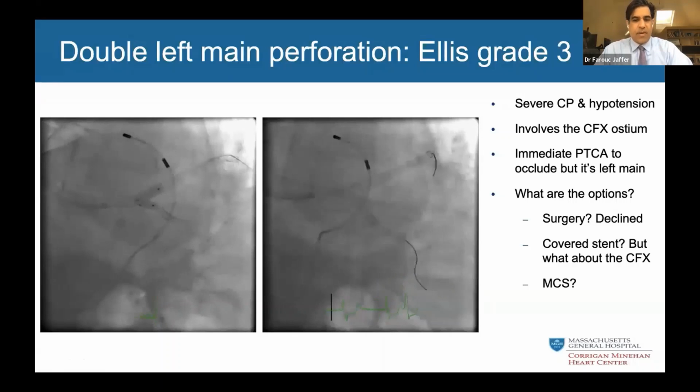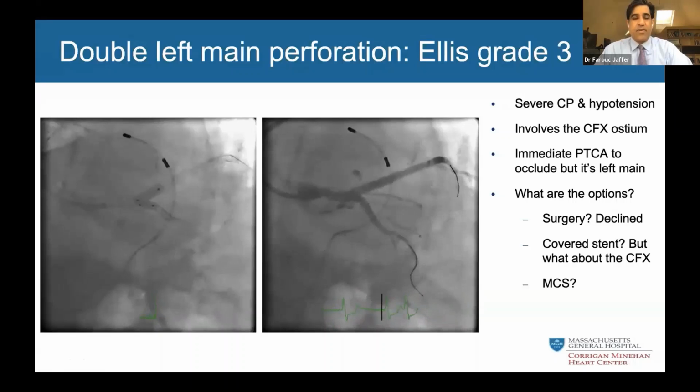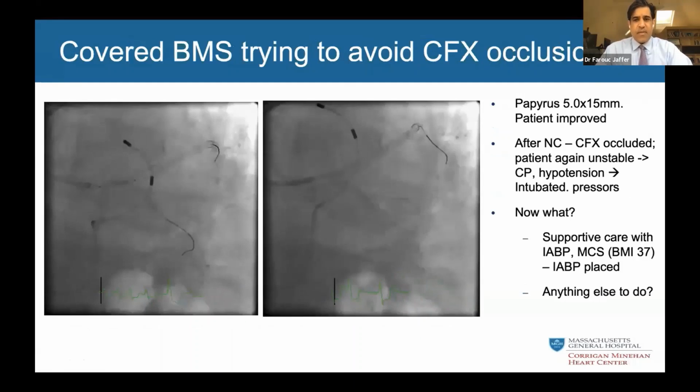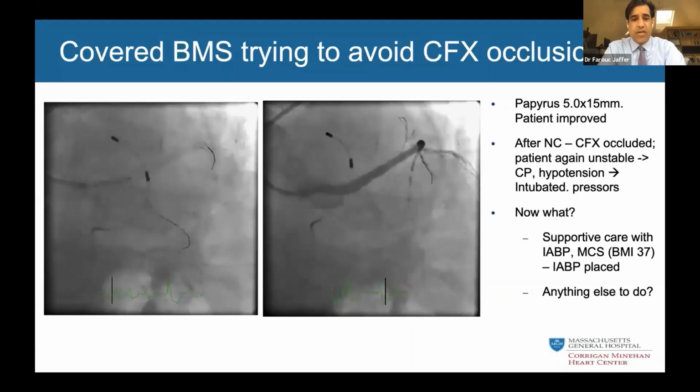And do we have options for mechanical support? The gentleman has a very high BMI. This can also be tricky to put in Impella 14 French sheaths. So ultimately, we recognized that we thought we might have a landing zone at the distal left main bifurcation to